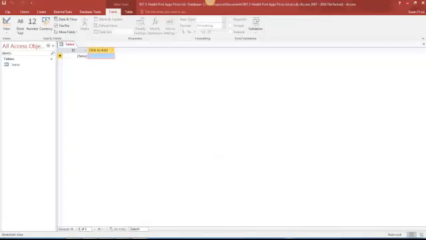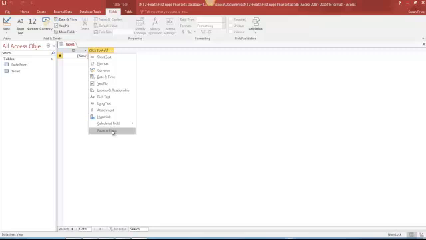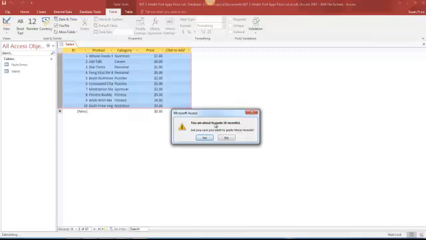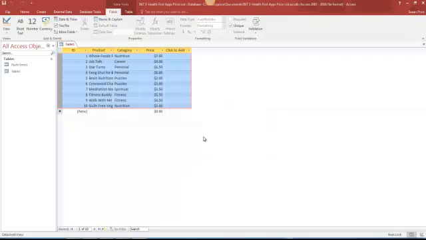Now it opens to a brand new table. Alright, and now I'm ready to paste the records. So I'm just going to simply right click and paste as fields. And it says, are you sure you want to paste those 10 records? Yes, I do. Now, the one thing the book doesn't tell you is that by default, the ID field is